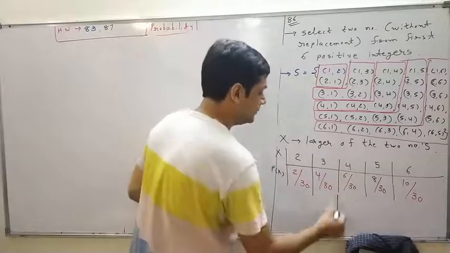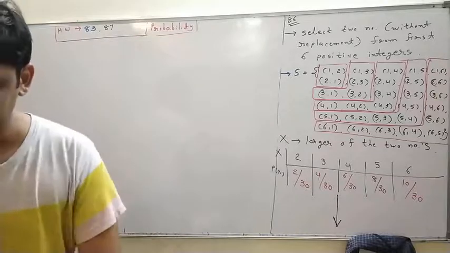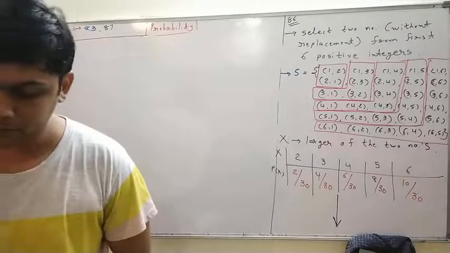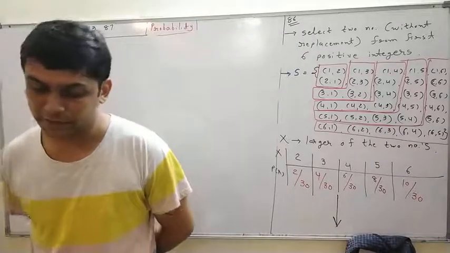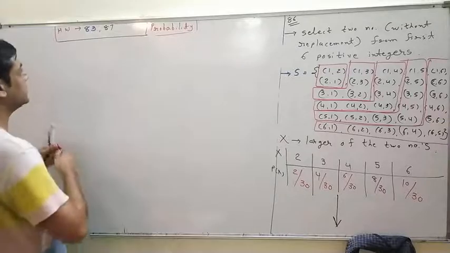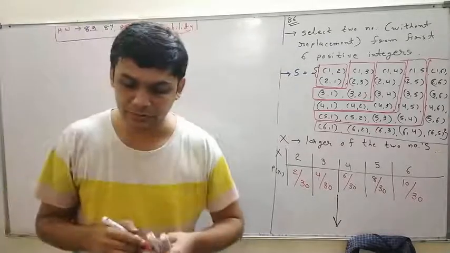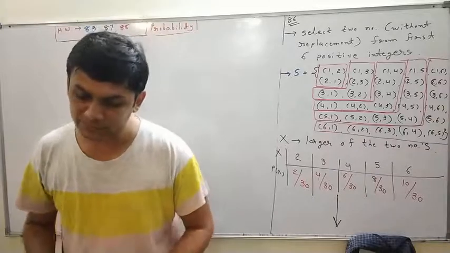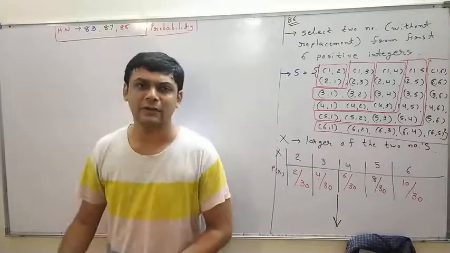In a meeting, 70% of the members favor and 30% oppose a certain proposal. A member is selected at random. Take X equals 0 if he opposes and X equals 1 if he favors. Find E of X and variance of X. It is also easy, 88 is also homework. X equals 0 is 30%, which is 30 by 100, that means 3 by 10. Now X equals 1 is 7 by 10.